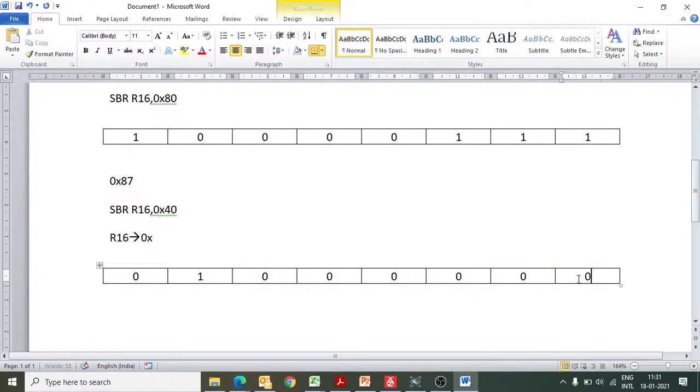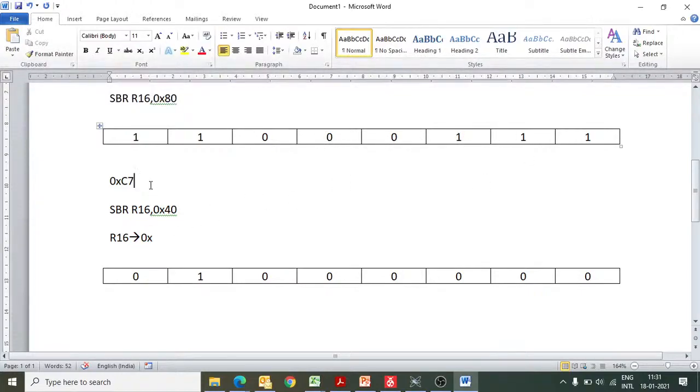But we are executing this after the previous one, so only this bit position will become 1. The previous ones will remain as they are. So our result should be 0xC7, because this 1100 is a C and this 0111 is a 7. So after execution of this instruction, the content of R16 will be 0xC7. Clear?